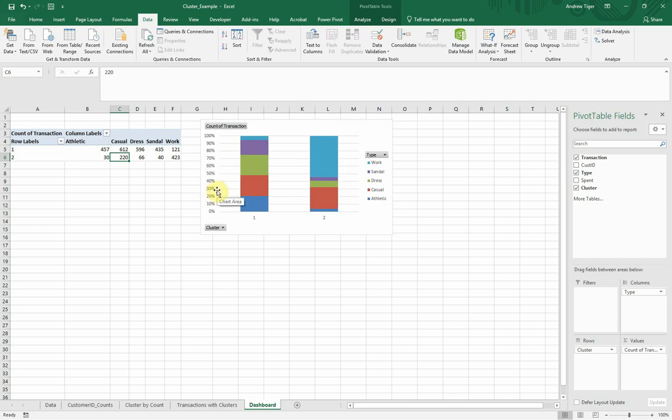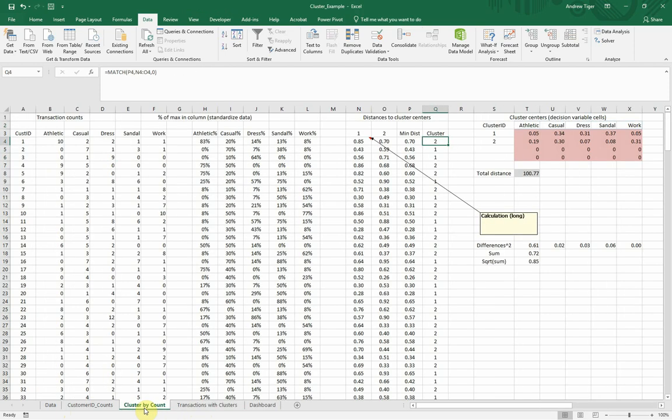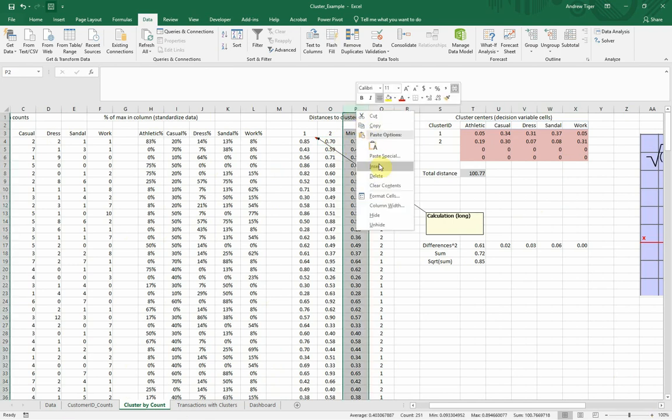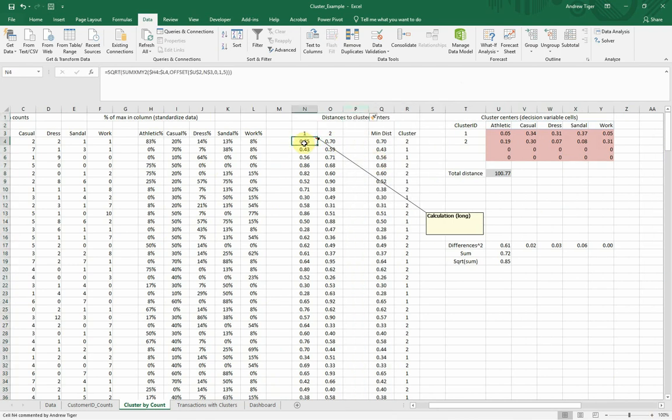So that's the example. So what you're going to do in the homework is a couple of things. One, you're going to extend this problem, but you're going to increase the number of clusters from 2 to 3. Now, it's not going to take much to change. You're going to have to add an additional column here to get a 3rd cluster, like that. So you're going to have to write a formula here that will do these. And then on solver,